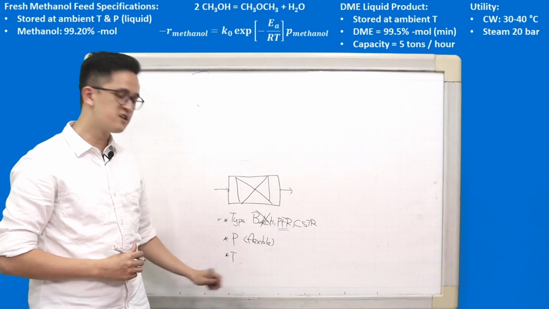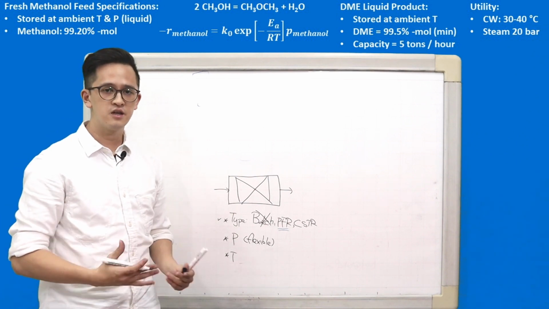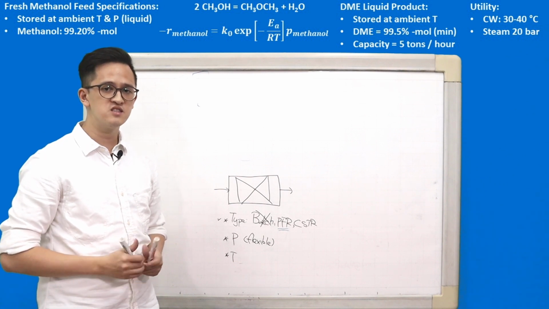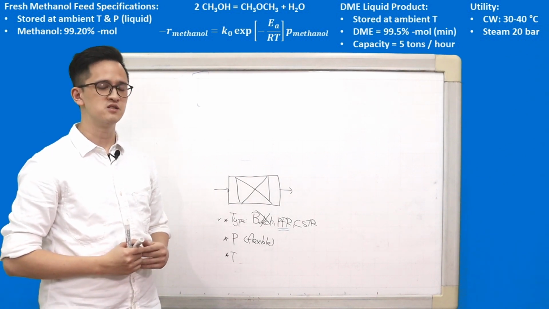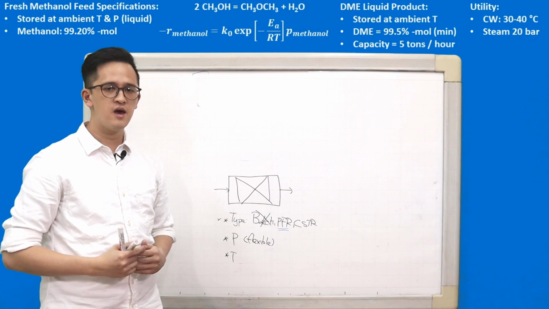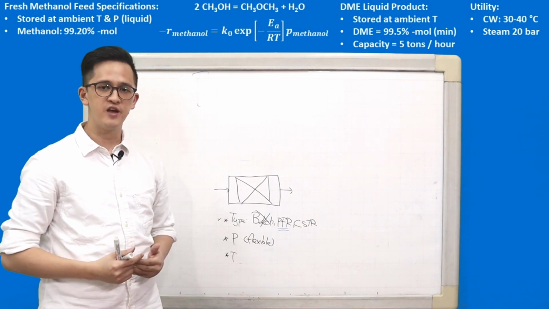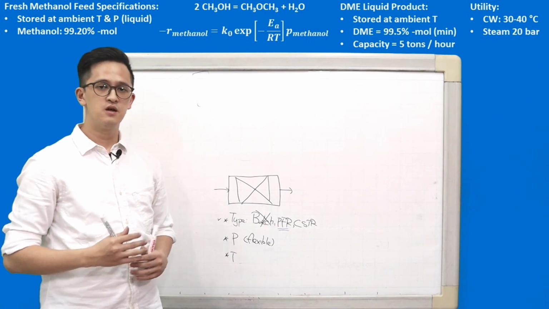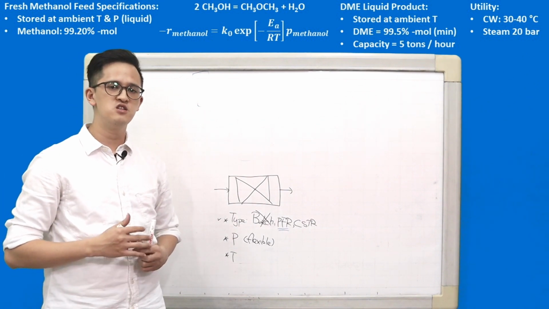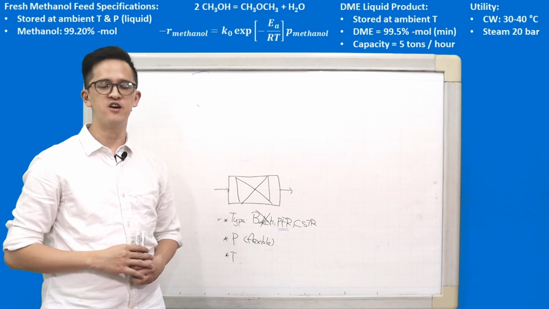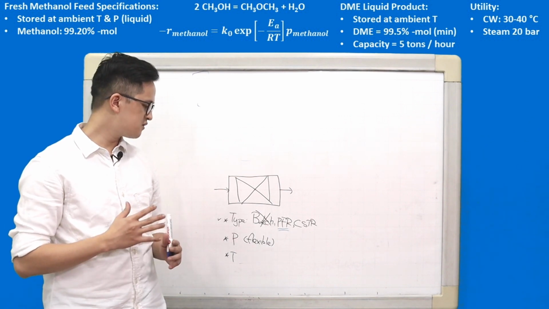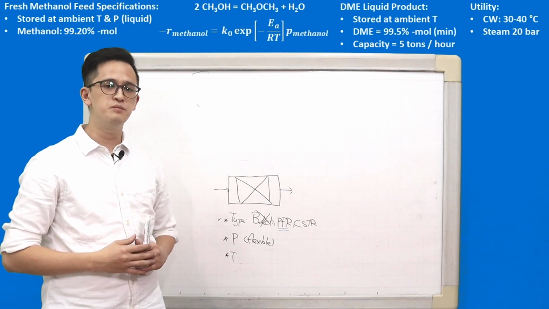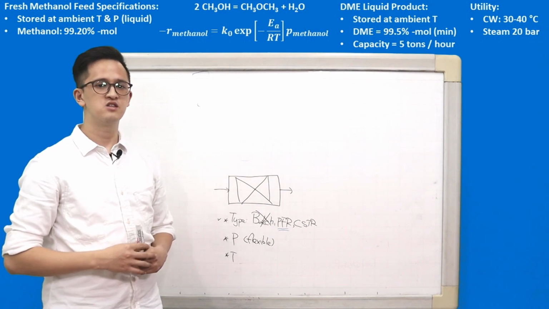And then the last question, the temperature. Again, use all the basic fundamental information. This is an exothermic reaction. What does it mean? It will generate heat. And if it's an adiabatic reactor, as will be modeled in this case, adiabatic means we don't exchange heat from the system to the environment. That means if it's an exothermic reaction, the heat generated will be used to increase the temperature along the way